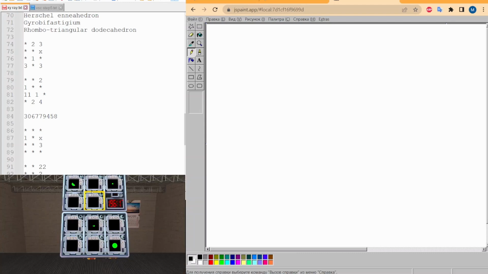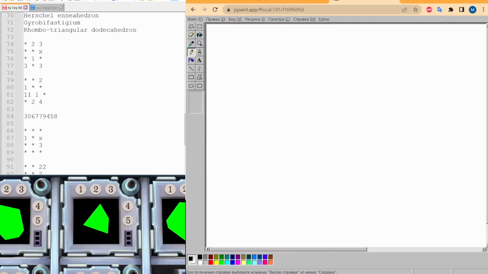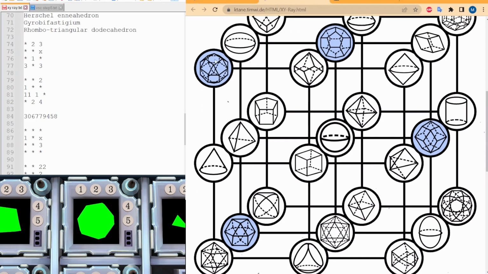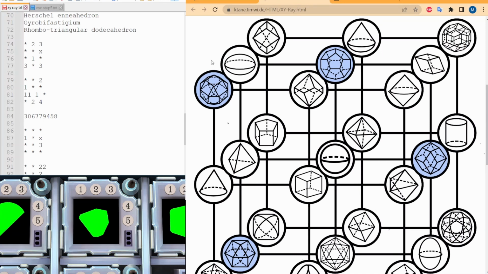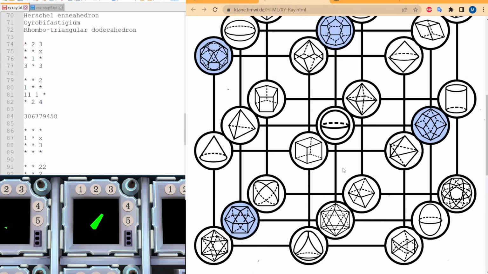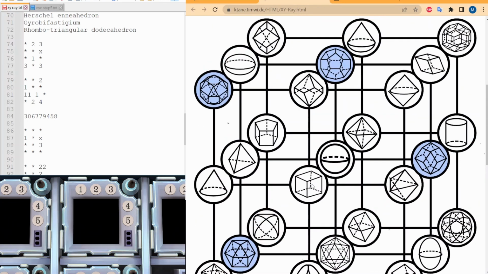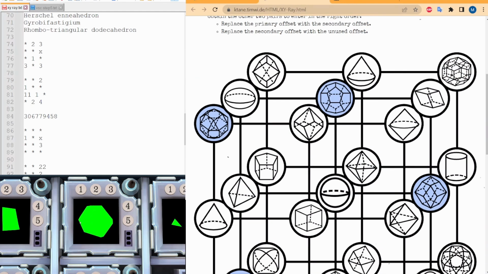Rhombicuboctahedron. This one is actually harder. The other shapes you can confuse it with are this one, possibly this one. No, actually, not this one. And maybe this one. No. Either way, the things you identify it with: